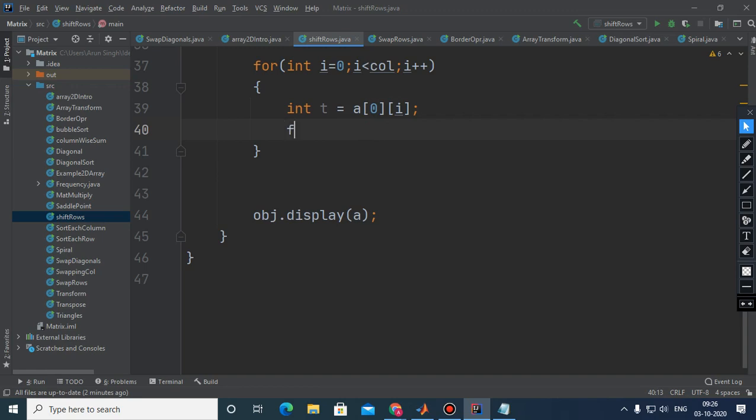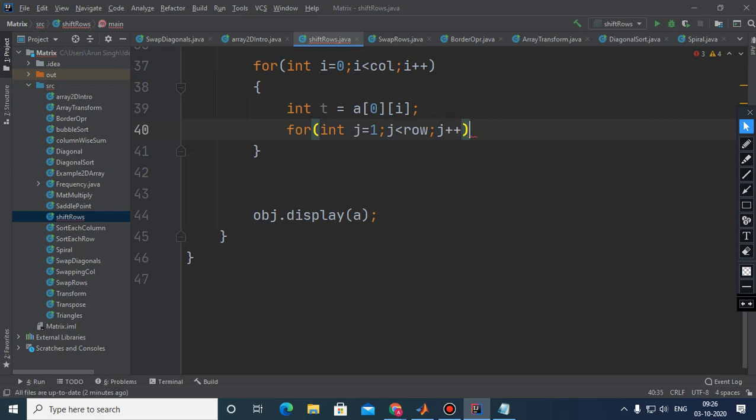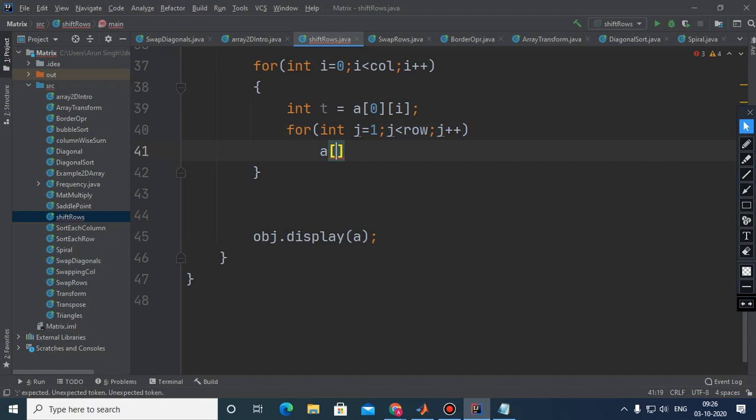And then a loop will start, and this loop will go from 1 till it is up to row, j plus plus. And here what to do is a[j-1][i] will receive a[j][i].